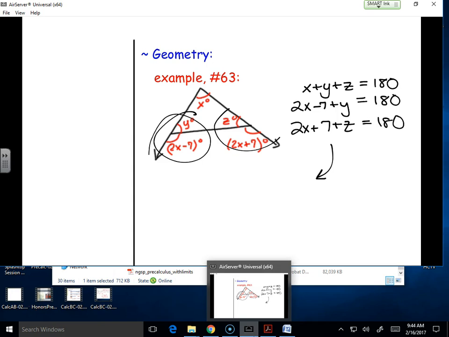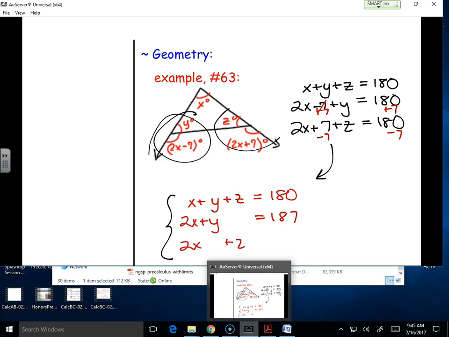Well, wouldn't we need to get all the x's and y's and z's all nice and lined up, right? But we can line it up pretty quickly by getting all the variables on one side, all the numbers on the other. You can add my 7, you can add my 7. 2x plus y equals 187. Minus 7, minus 7. 2x plus z equals 173. Kiddos, can we solve that? Yeah, we can. Now, some of you guys want to enjoy the freedom of not being robots and make up your own way to solve it. You can, but can't you just follow our system step by step and get to the